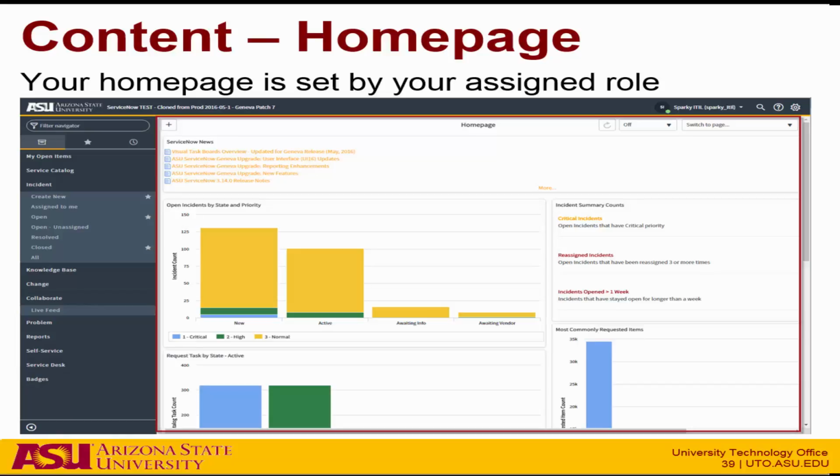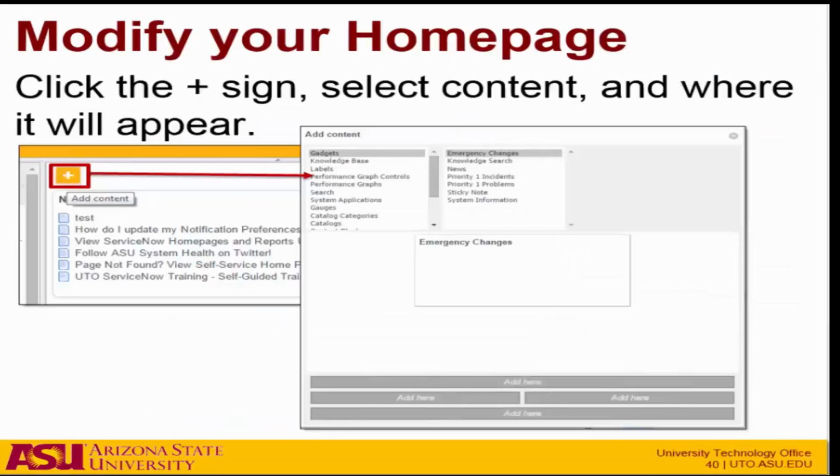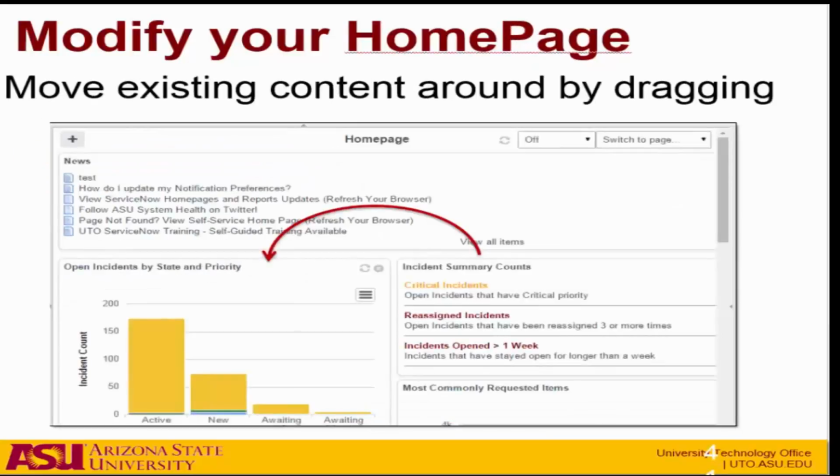So this is the home page. It has content based on your access to ServiceNow. You can create new content. You can edit that home page by clicking on the plus sign in the upper left-hand corner and adding new content. You can also move things around on the home page by dragging them from one spot to another. If you add content or move content, ServiceNow automatically creates a new home page for you,